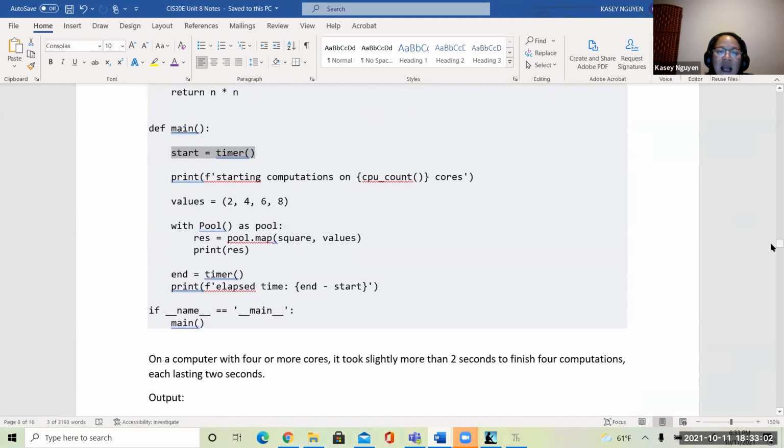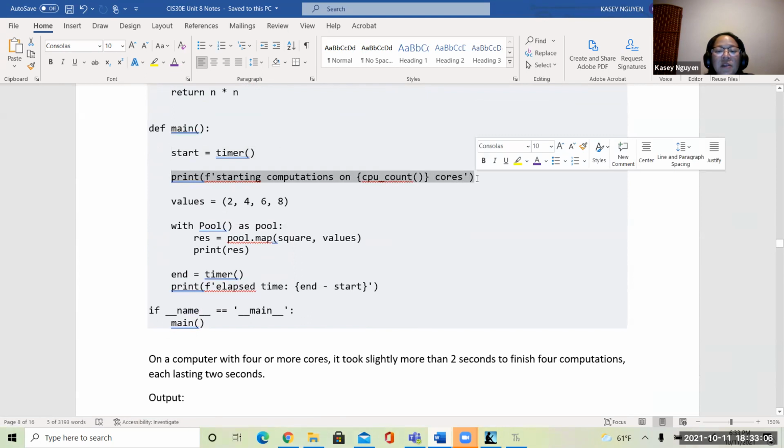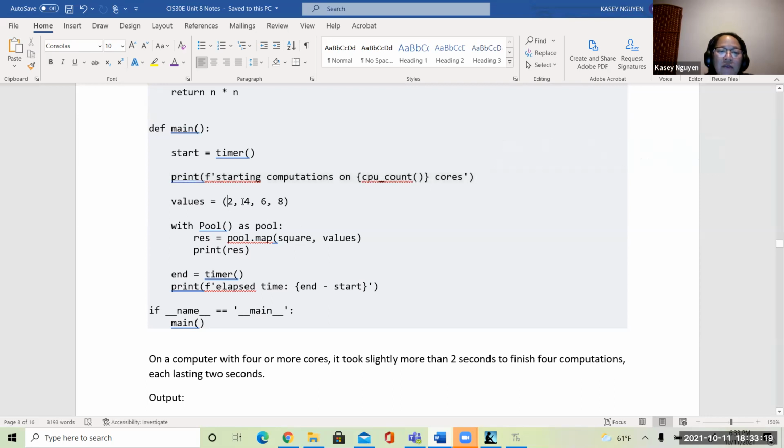Then in the next line, we would print the CPU cores, how many processors you have. If you have a quad core, it would say 4. If you have an 8 core, it would say 8. If you have a 12 core, it would say 12. And we want to square the values 2, 4, 6, and 8. Like the documentation, we would use the with pool statement, so with pool as pool,